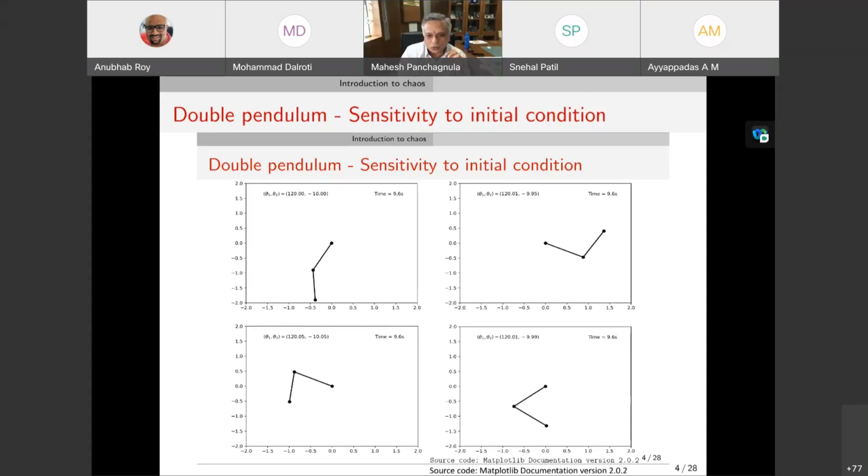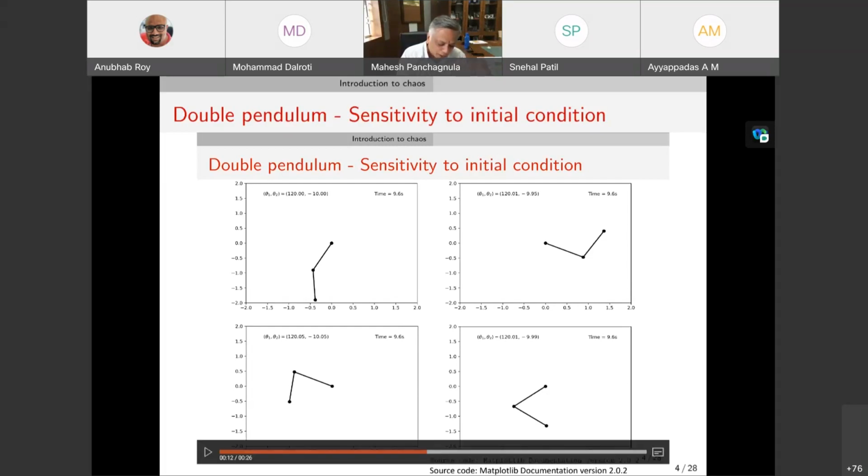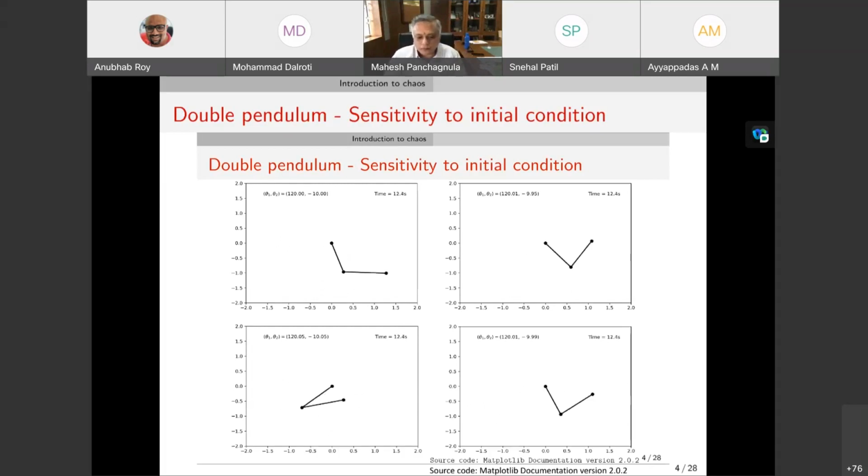Some of you who paid careful attention would have picked out a particular reason why the one in the left bottom panel is very different from the others. Now I'm going to continue playing this just so you can appreciate this core idea. Okay, now this is the end of about 20 seconds. You can see that none of them look alike.